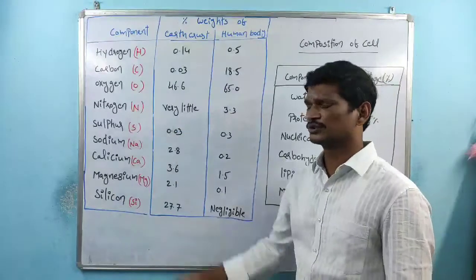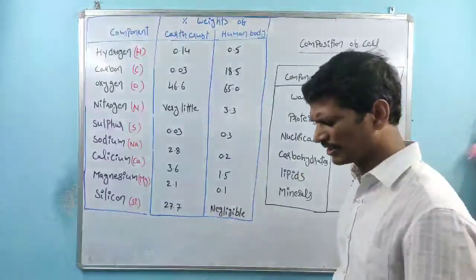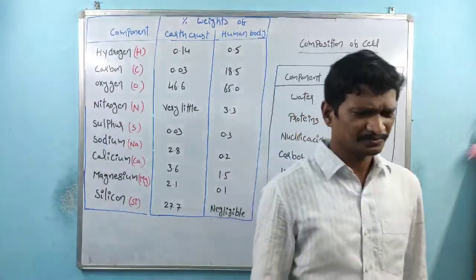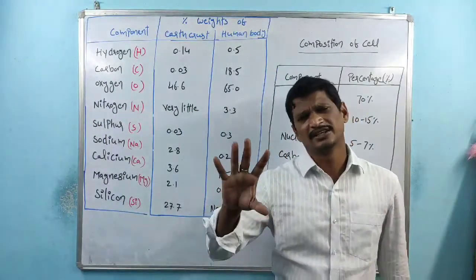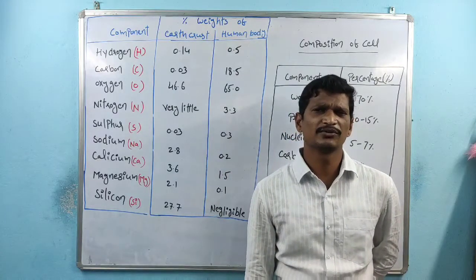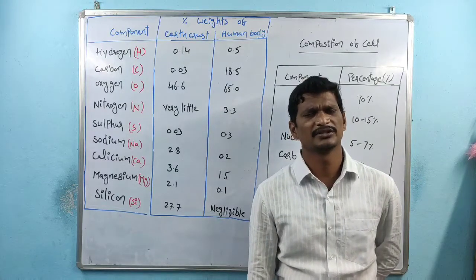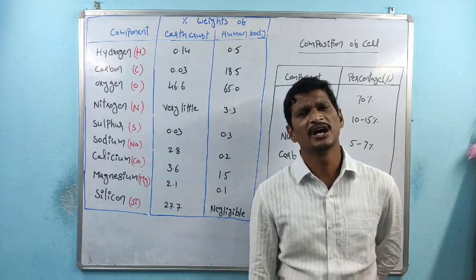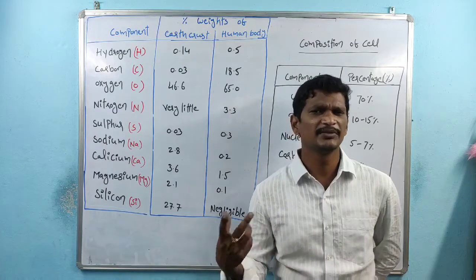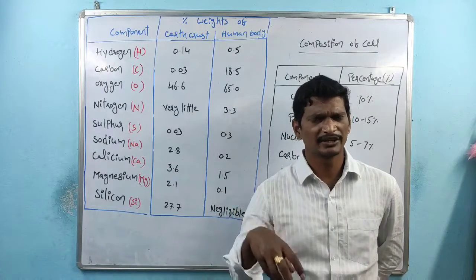And nitrogen is there, right? In the case of nitrogen, within the earth crust, a very little amount of nitrogen is there. We have to remember here the nitrogen cycle. The atmosphere contains inorganic nitrogen. The inorganic nitrogen is converted into organic nitrogen. The process is called nitrogen fixation. After nitrogen fixation, that nitrogen is taken up by the plants. From plants, animals take it. After the death of the plants and animals, the nitrogen again enters the soil.